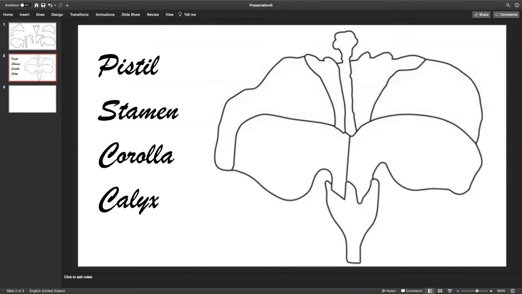So raise your hand if you have all of your materials ready. All right, you guys all seem really ready. Can you see my screen? Give me a thumbs up if you can see the picture of the flower. All right, that's perfect. So we're gonna start just like we do with our botany puzzles, and we're gonna label